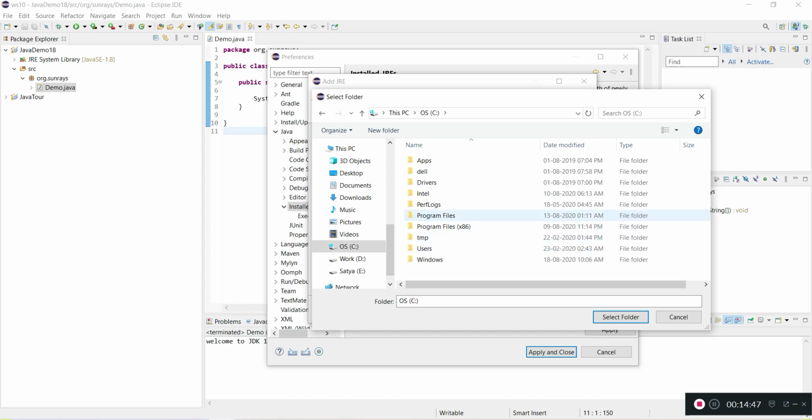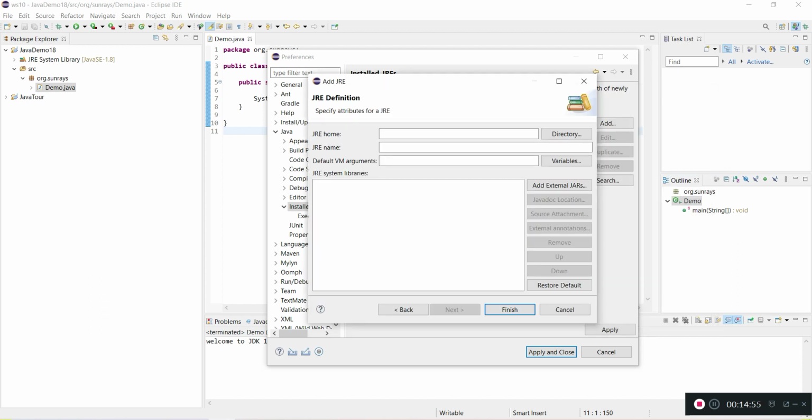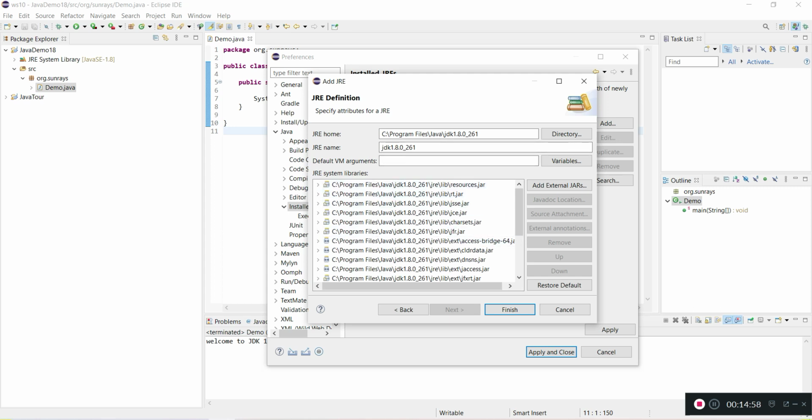C Program Files and Java JDK 1.8. I need to select the folder. Yeah, it picked all related lib files and jar. Just click finish,